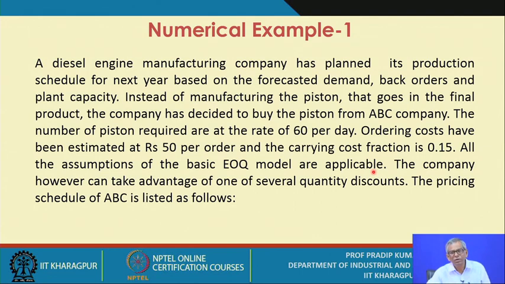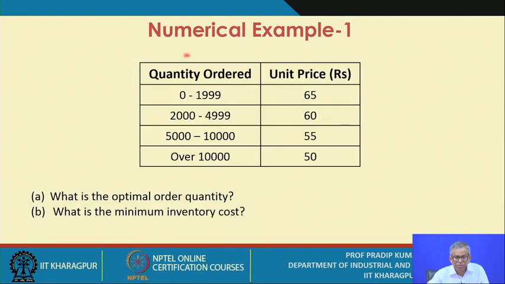Someone might say that if you have 10 assumptions, obviously you are in an ideal situation, but still many companies have been using the original EOQ model and they are getting positive results, and that's why they are accepting it. Now the question is why? Even if there are 10 assumptions, why do you use the EOQ model and what is the benefit? This point we'll be discussing later on. This is one of the key questions raised in any discussion on inventory management.